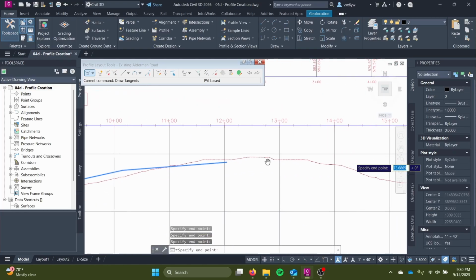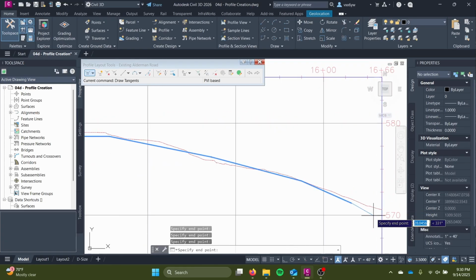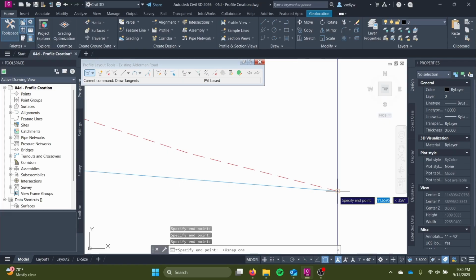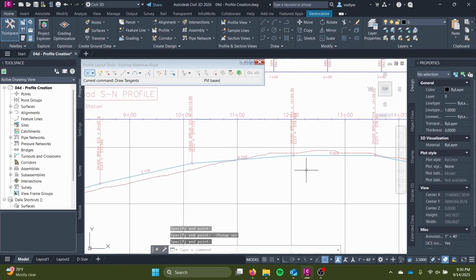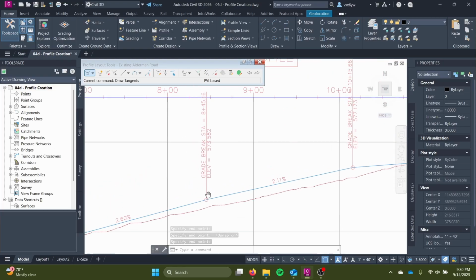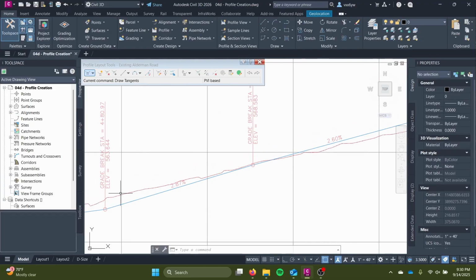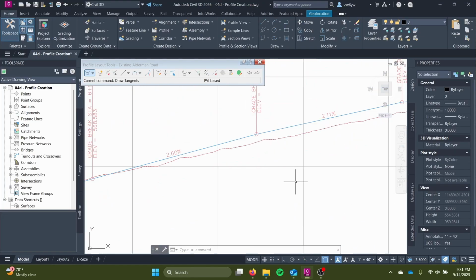I'm flattening it out. I know the intersection is somewhere over here. So I'm going to kind of level it out before it starts dipping back down again. Now I'm going to hit F3 again, so I have that snapping turned on, and I'll snap to the very end and then hit enter. You can see it automatically fills with a bunch of labels. The labels will show you things like where the grade changes, what elevation it's at, and also what the actual grade is. So I said try to keep it under 4%,